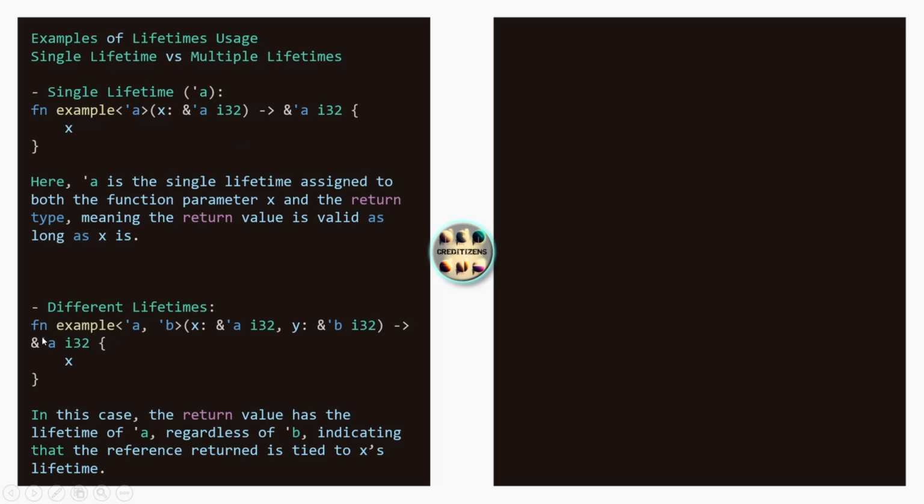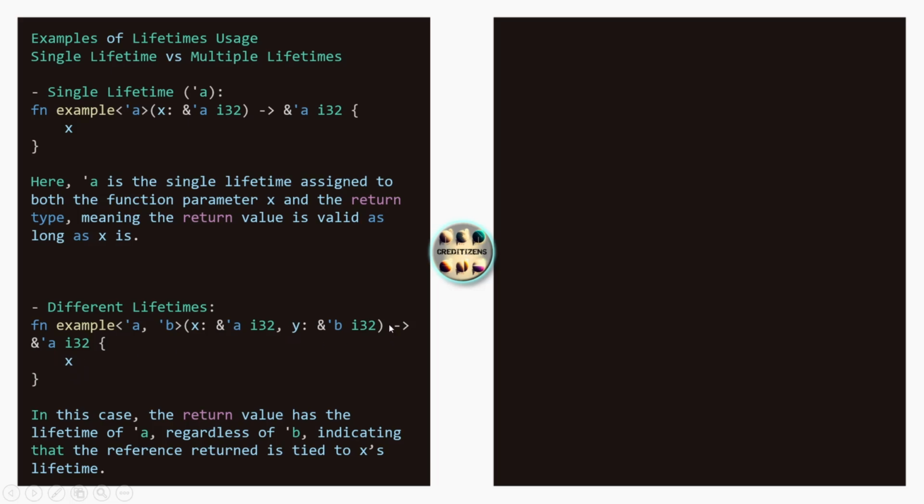Different lifetimes, for example. Here we have the same function, but we have two different lifetimes, A and B. That's the notation. You can put a name that is meaningful to you. X is the same as before, but we have Y added, which has a lifetime B, and it's going to return A. So you can tell that A has the longest lifetime, which is going to be just returning X,